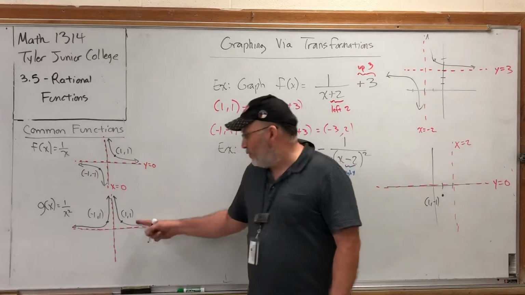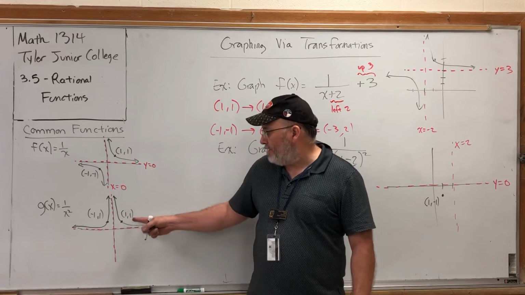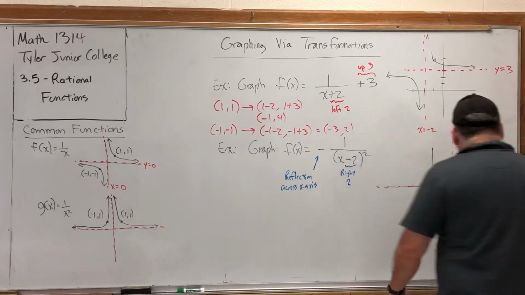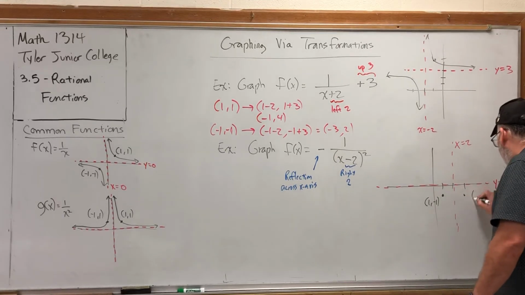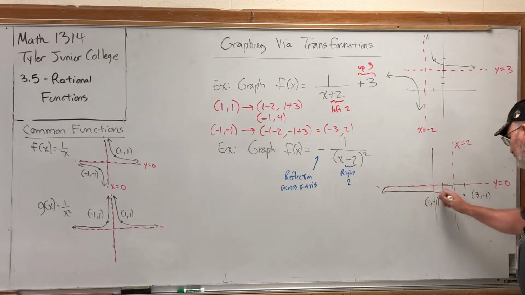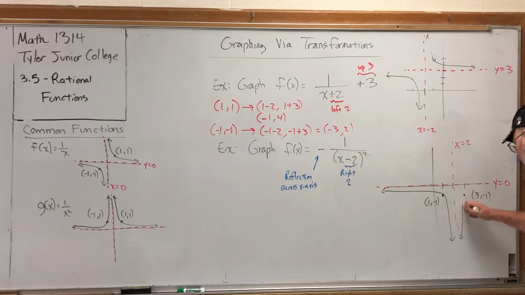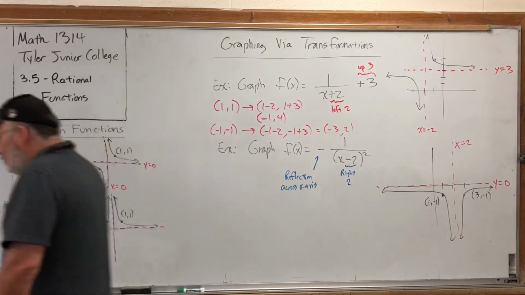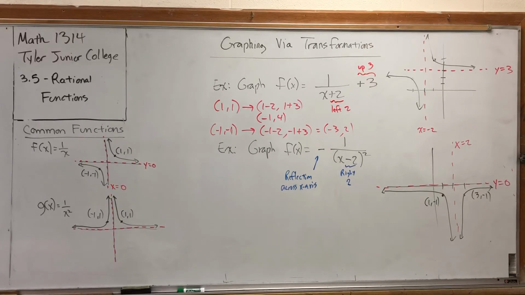The second reference point, if I add 2 to its x, I get 3. If I put a negative on its y, I get -1. So my other reference point is now at 3, -1, and then redraw the branches. So it's just like we did before. Move stuff around, turn stuff over. I'm just going to spare you the stretches and the